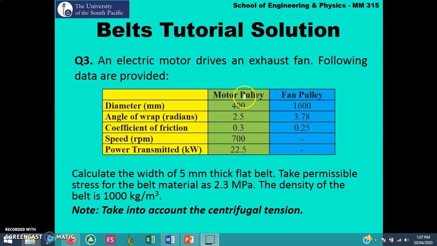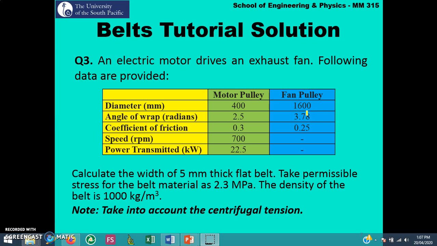So we've got information regarding the motor pulley. The diameter is 400, the lap angle is 2.5 radians, the coefficient of friction is 0.3, the speed at which the motor pulley is rotating is 700 revolutions per minute, and the power transmitted is 22.5. For the fan pulley, the diameter is given as 1600 mm, the coefficient of friction is 0.25, and the lap angle is